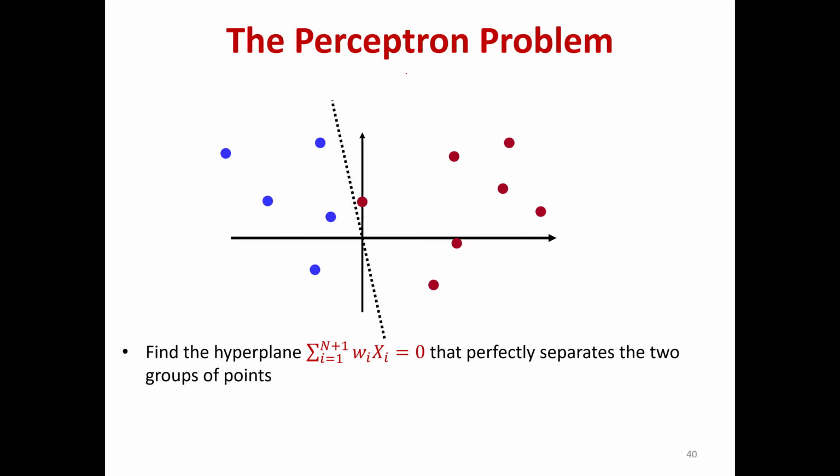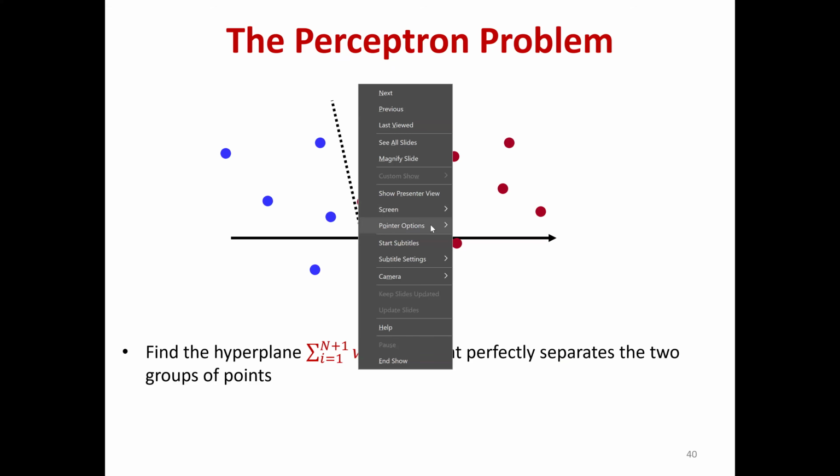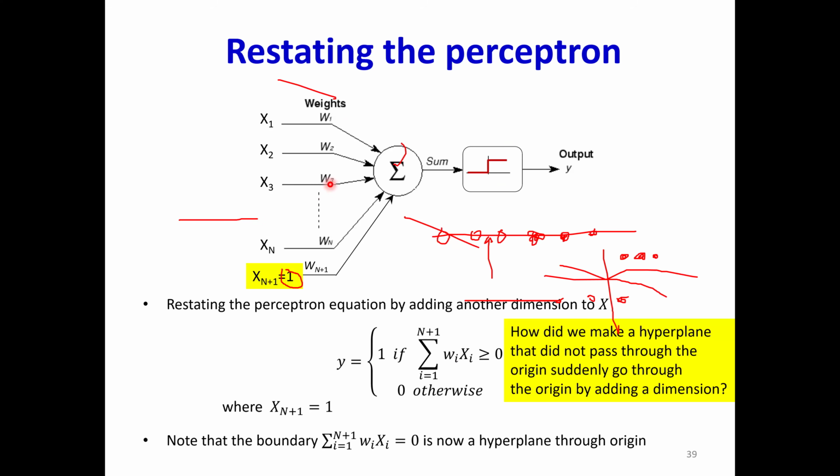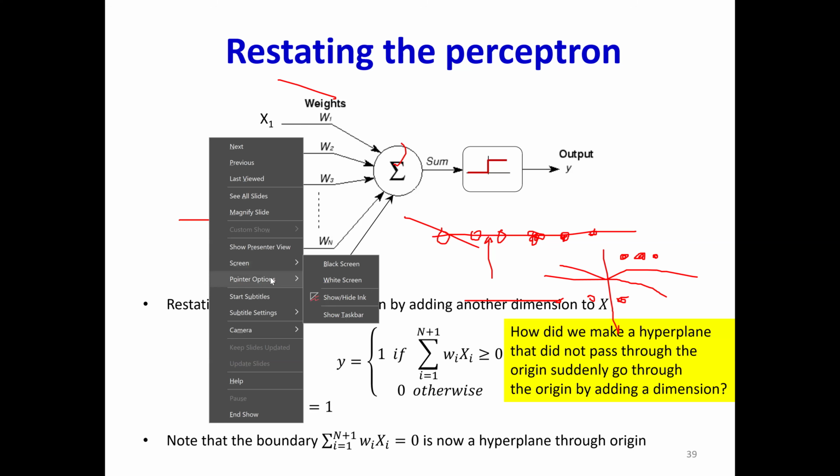But then here's the point. So eventually we end up with the situation where we are trying to find a hyperplane through origin so that all of the positive instances end up on one side of the hyperplane and all of the negative instances end up on the other side of the hyperplane, right? So actually this figure is wrong. Let me explain this better. What we would be doing is,